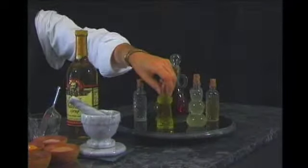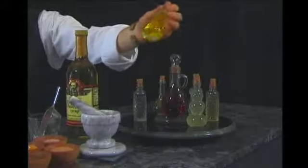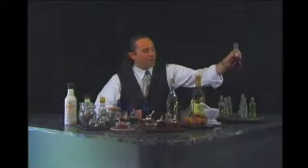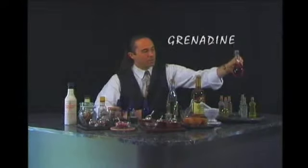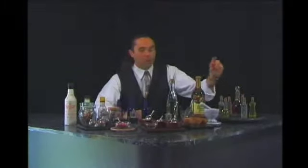And we have an absinthe type of licorice liqueur here that goes in a drink like the Sazerac, for instance, which is an old classic cocktail as well. In the center here we have grenadine. I put it in this nice little container. We won't be using this a great deal, but it'll be nice to be pouring it out of something really